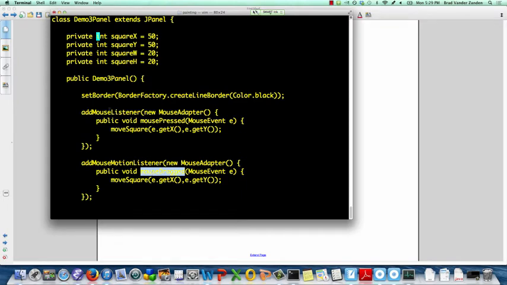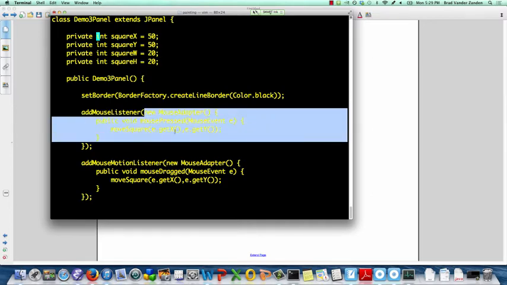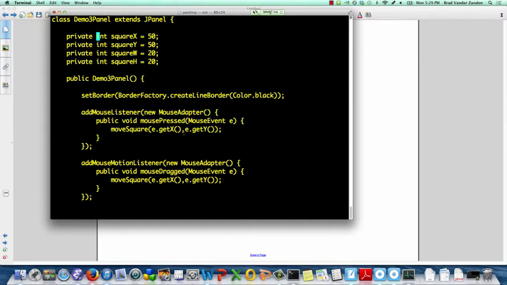So as you can see, in this case, I have a mouse event, so I'm adding a mouse listener, and to create that mouse listener, you can see I'm creating a mouse adapter, because if you look at mouse listener, you'll see it has 5 methods, and the only one we care about is mouse pressed. So we're creating an anonymous inner class here, and all mouse methods take this mouse event, and from it we're extracting the x and y coordinates of the event and calling